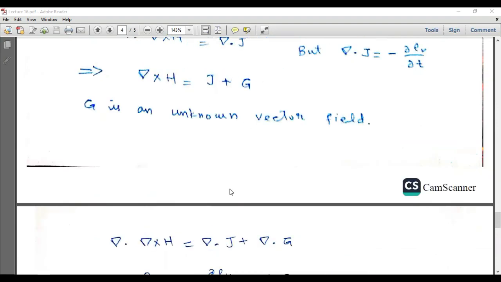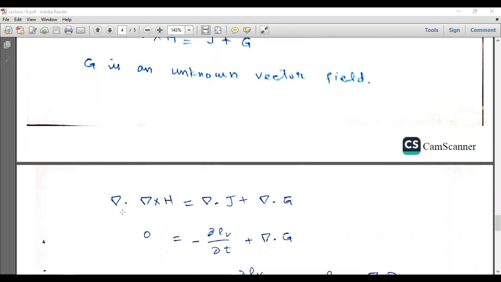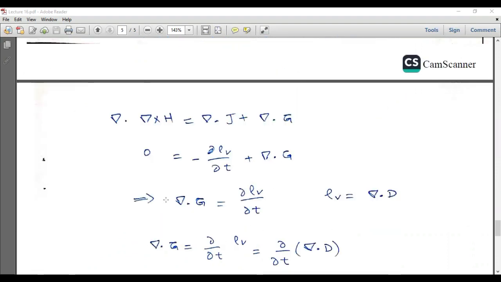Okay, so the dot product on both sides will give us this expression, and this expression is equal to 0. This is equal to minus partial rho v over partial t plus del dot G. So del dot G will be equal to partial rho v over partial t, and we know that rho v is equal to del dot D. This is the point form of Gauss's law,